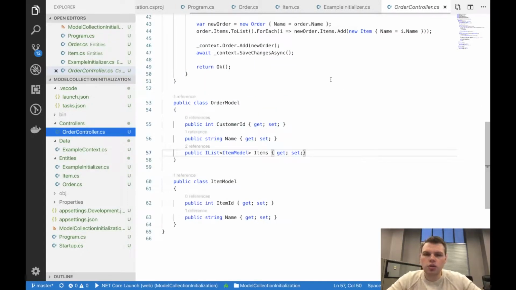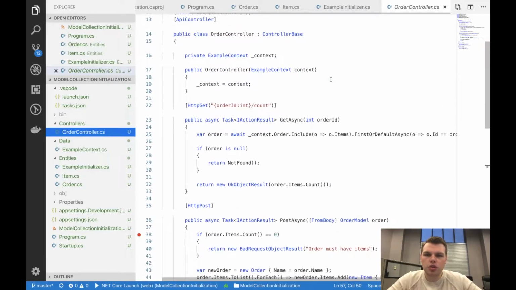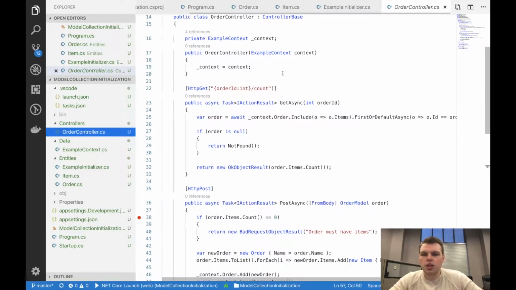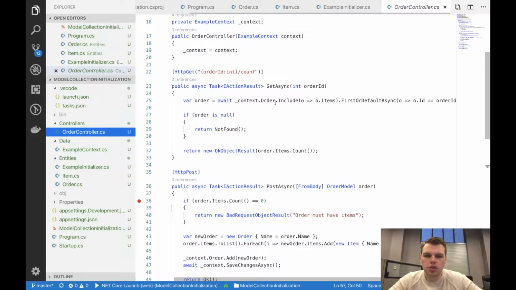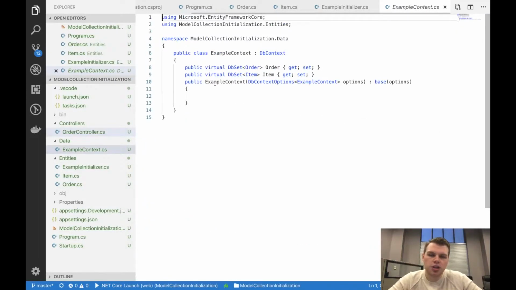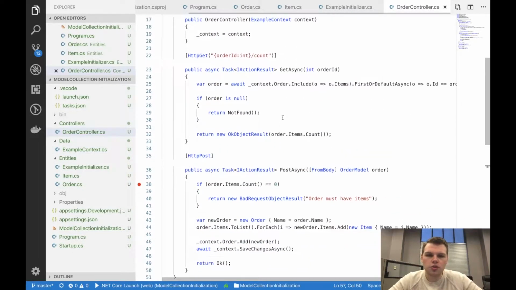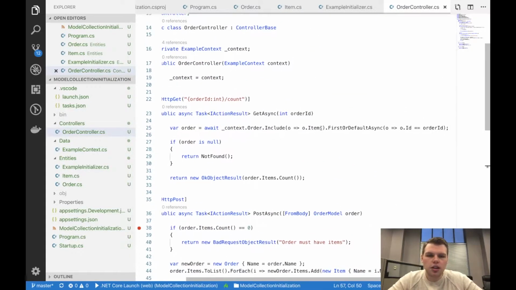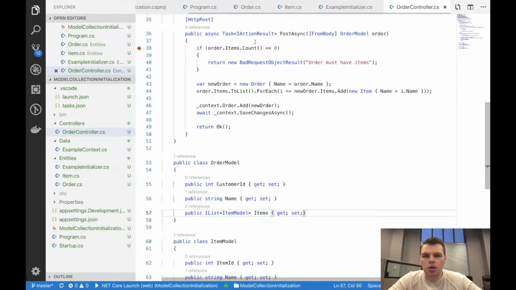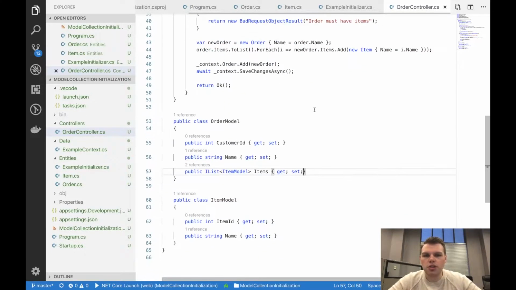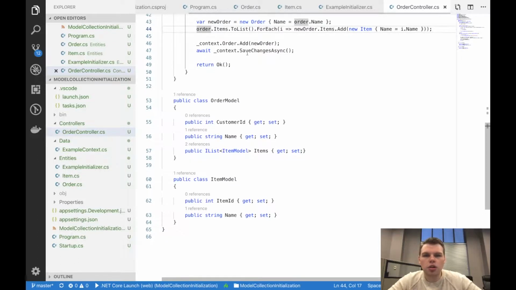So we also have one controller, and inside this controller, it's a pretty simple controller. It has two methods on it, a get and a post. This one we're getting the count of a certain order. All we're doing is, which is not best practice, we're injecting the context straight into our controller just for ease of use and reading, and getting that one with ID, making sure it's not null, and then returning the count. On our post, all we're doing is making sure the order has items, and if it doesn't, return a bad request because we require to have items. And then we just create that order and add the items to that order and save it off